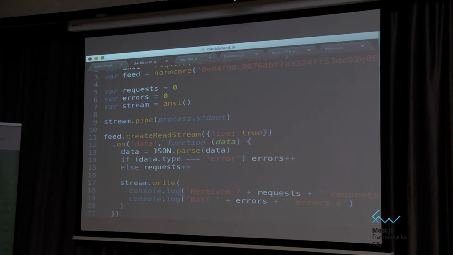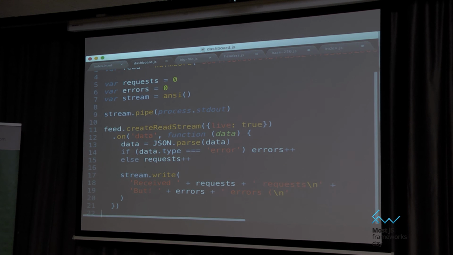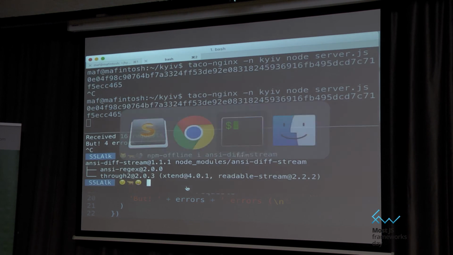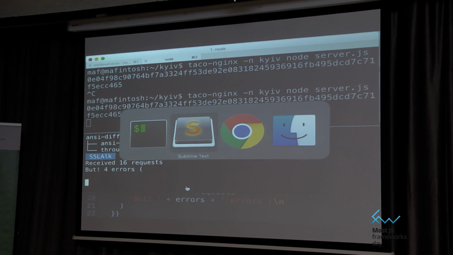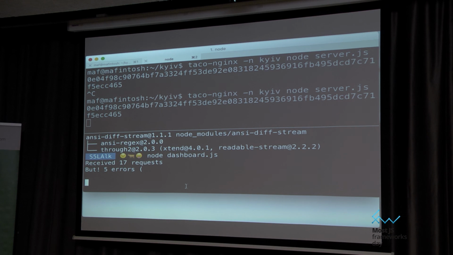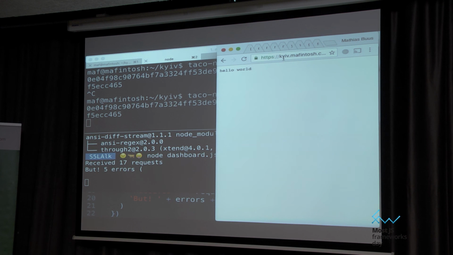Then we don't want to do that. We don't want to do that. And we want to do that. Oops. And we want to do that. Cool. Totally over-engineering this now, but it's pretty fun. So if I restart this, we get this cool one-line thing here, and then if I refresh it, now we have a cool live updating dashboard.